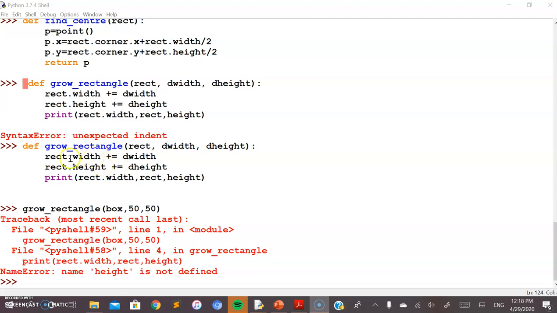So what we have done here is, once we pass the object of the class Rectangle, by accessing the attributes of this class we add the new values passed here. For which we are getting an error, like height is not defined. Probably here is a mistake. Instead of the dot, I have typed a comma, so let's change it.